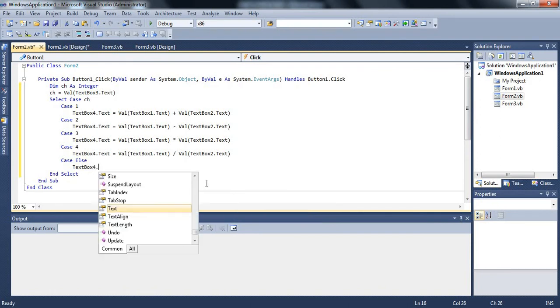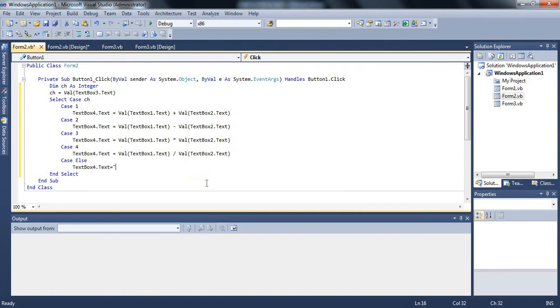Text box 4 dot text is equal to invalid option, because we have got only 4 choices. If you enter any number other than these, then our program will display that your choice is invalid. So this is about computation. We have got 4 choices, and if the user enters any other choice than these 4, then case else will give the answer that your choice is invalid.